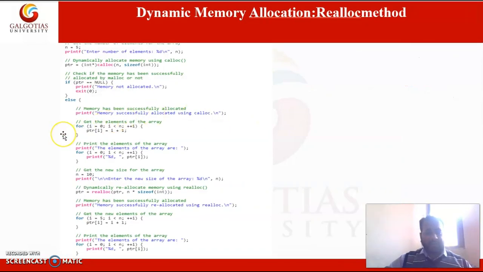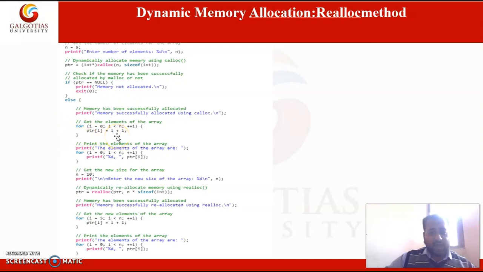This is the example. Here, using the calloc method we have initialized the pointer variable, and using the if statement we are checking whether the pointer is pointing to null. Suppose it has returned a valid address, then we move forward in the else case.